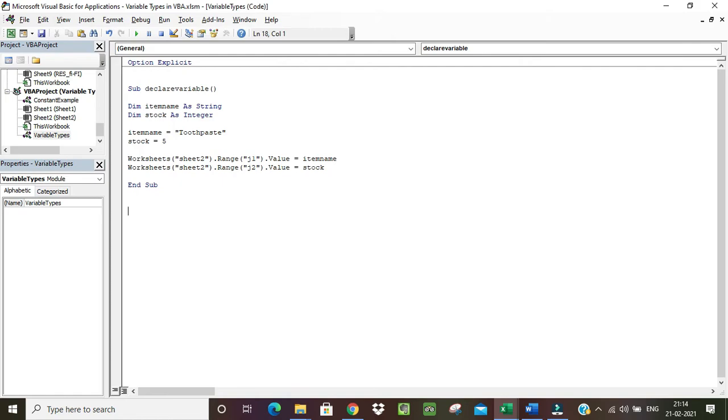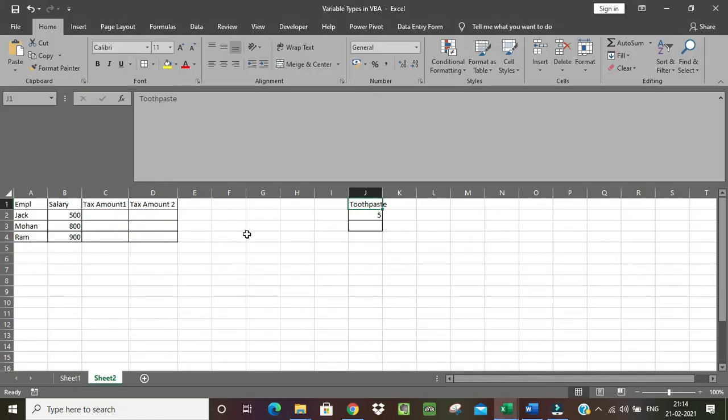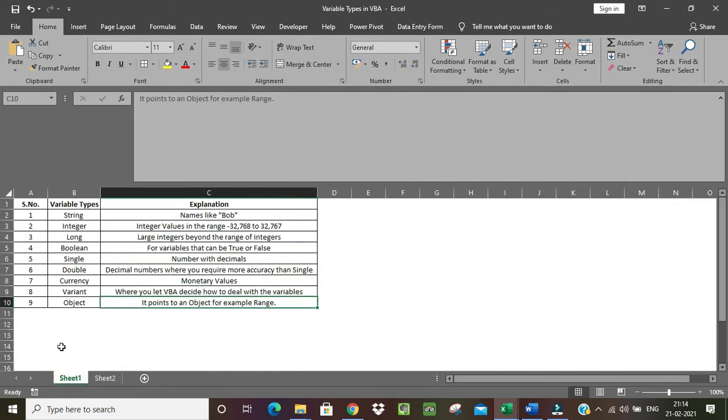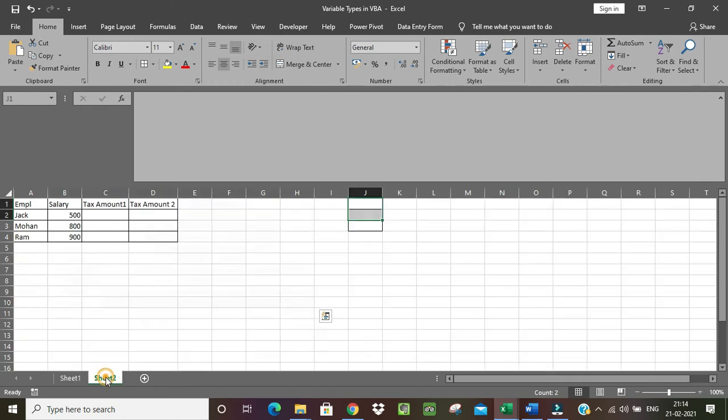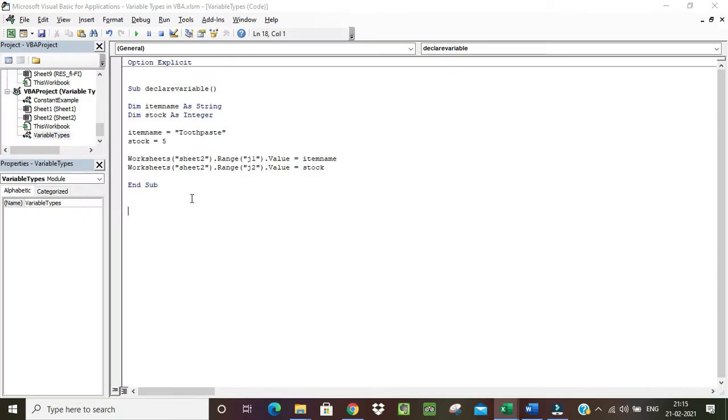Now let's also see that these were the variables related to the value type. We also mentioned that we have another object variable also, for example range. So let's see how we can do that. To understand it, let's write another subroutine, sub range example.